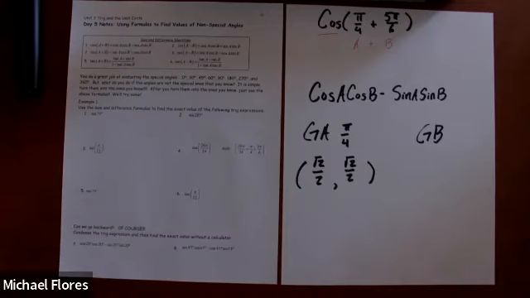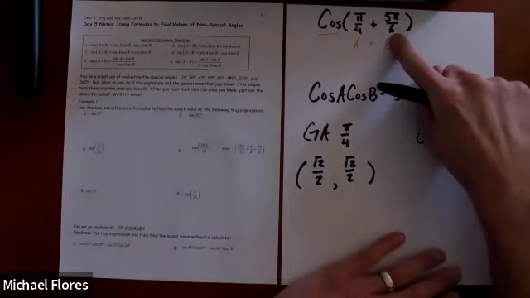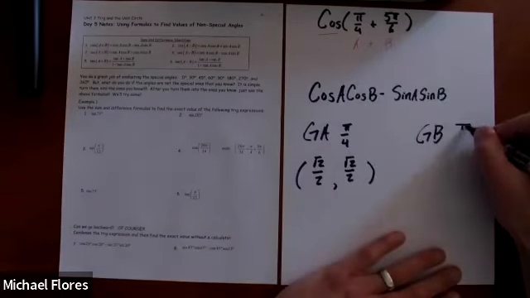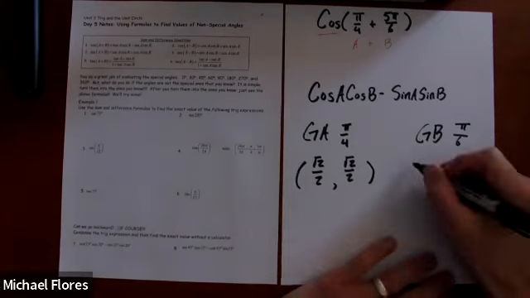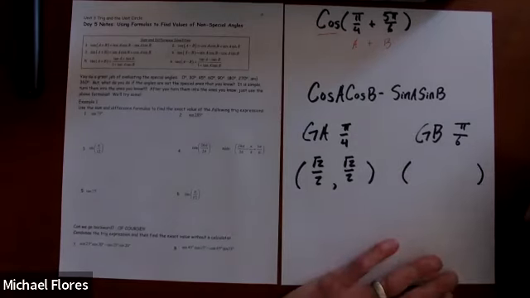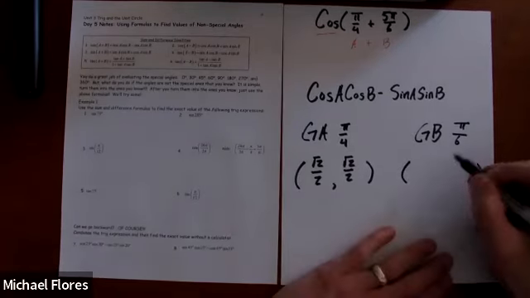Pi over 6, yeah. I think finding your reference angles in radians is easier because whatever the denominator is, 6, then we're going to use the pi over 6 family. I think radians is a little bit easier to find the reference angles. All right, for the pi over 6 family, that would be